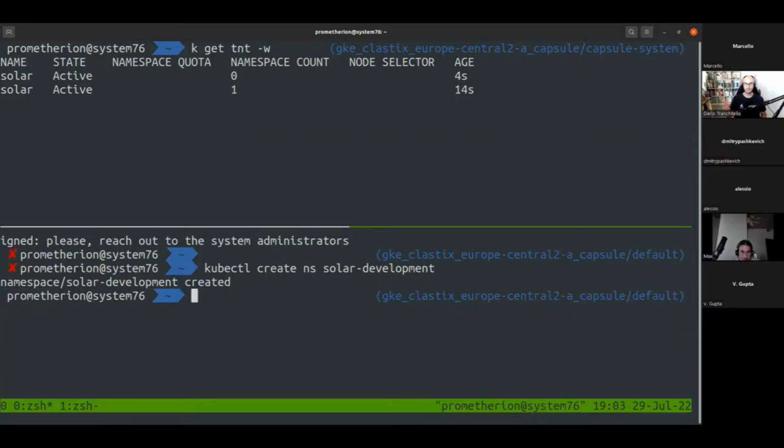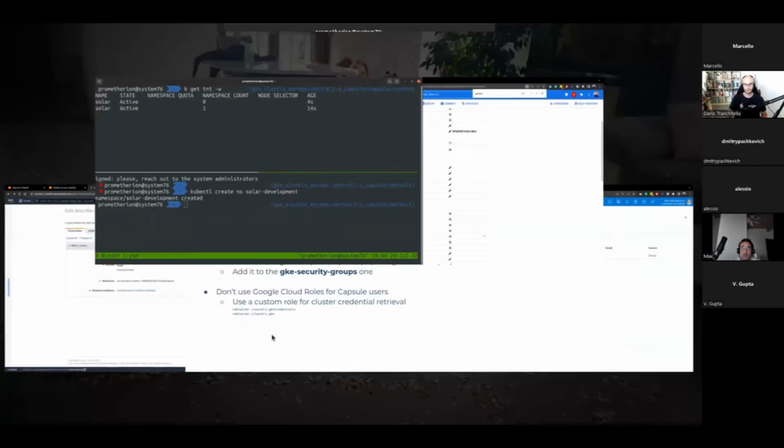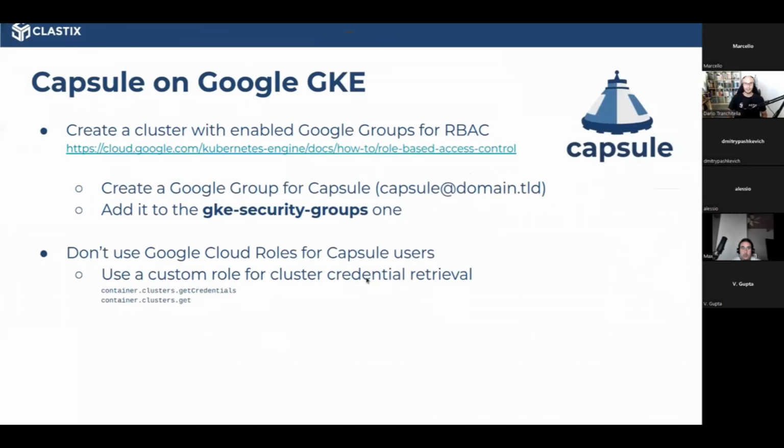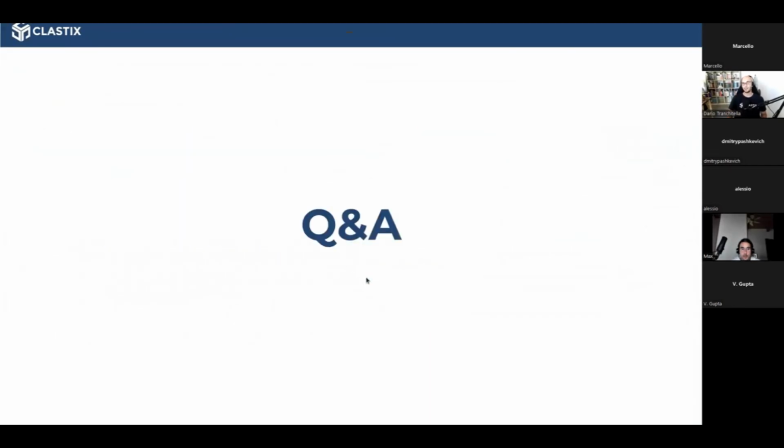So in the end, we are ending up with a Kubernetes cluster. We don't need to delegate all the RBAC to Google Cloud, which is not aware of the tenant concept. We can take full advantage of Capsule on GKE using a pure Kubernetes experience. So no lock-in at all, because it works on your local machine, it works on cloud, it works everywhere. And with that said, finally, we finished this demo, and I hope you really enjoyed it, and we can all open the QA session. And I would like to get a coffee, but